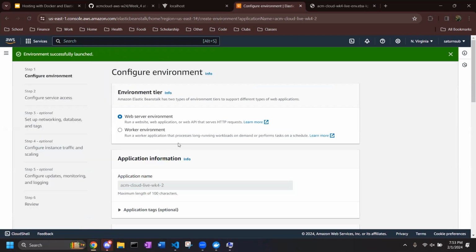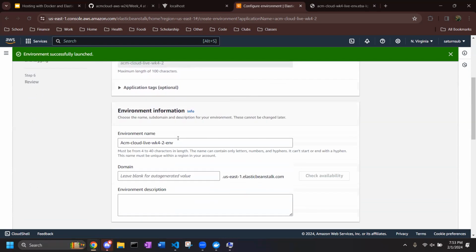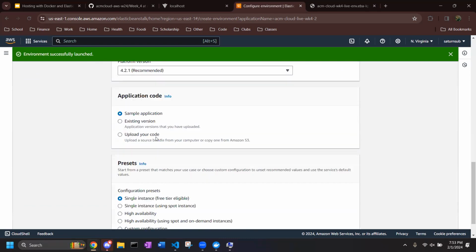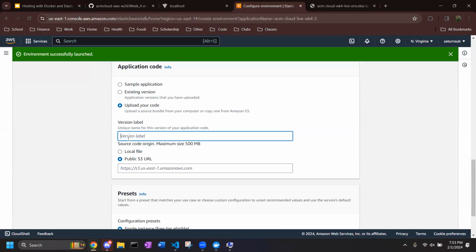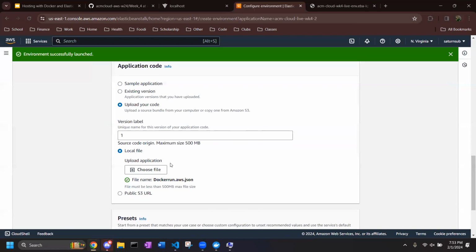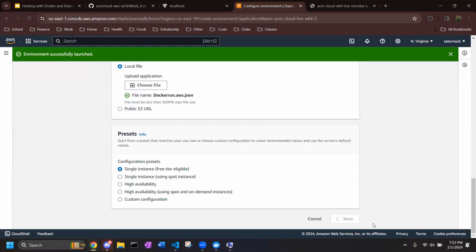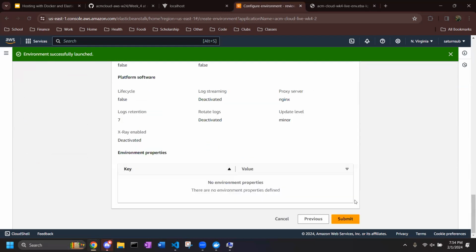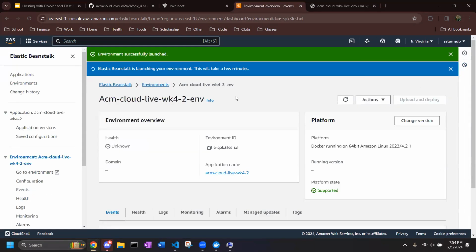Okay. So in this case, when I created the application, it did not create the environment together. So I'm creating the environment under that application right now. Last time I did it in one step. Upload your code. Okay, we can leave this default. Skip to review. Okay, submit. So while this is provisioning,